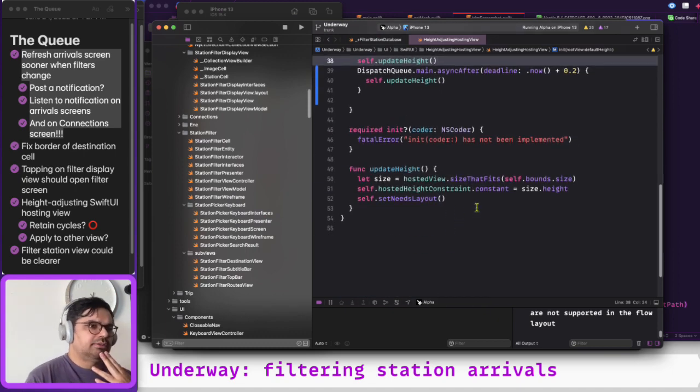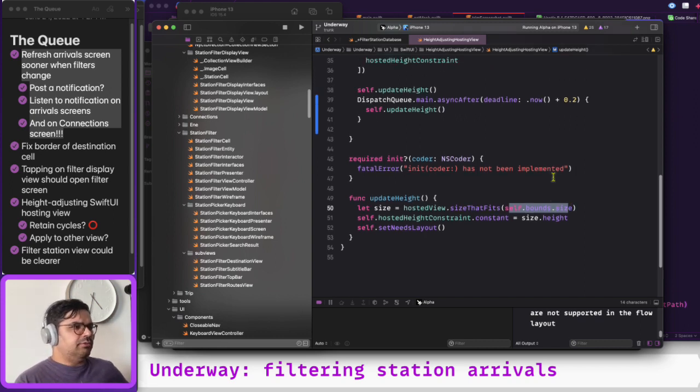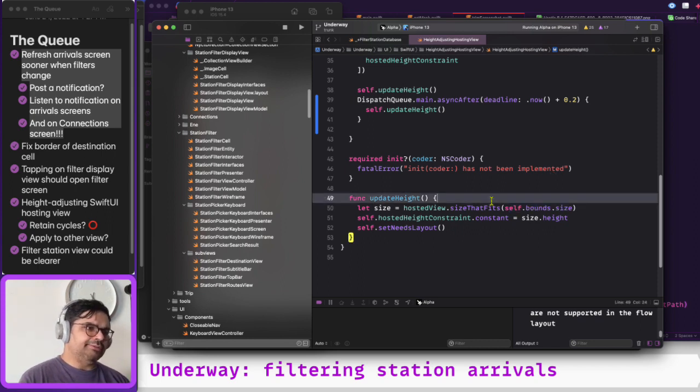Is that okay? I guess because we're going by the size of the current bounds of the view, so it is trying to squish itself into something really small, and then maybe the second time it comes around,